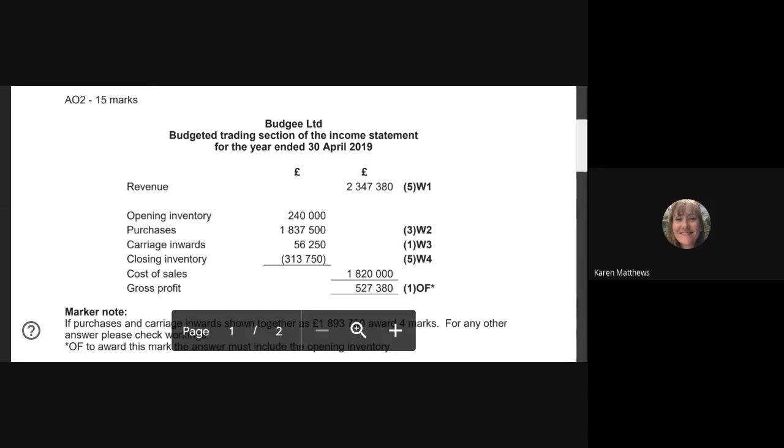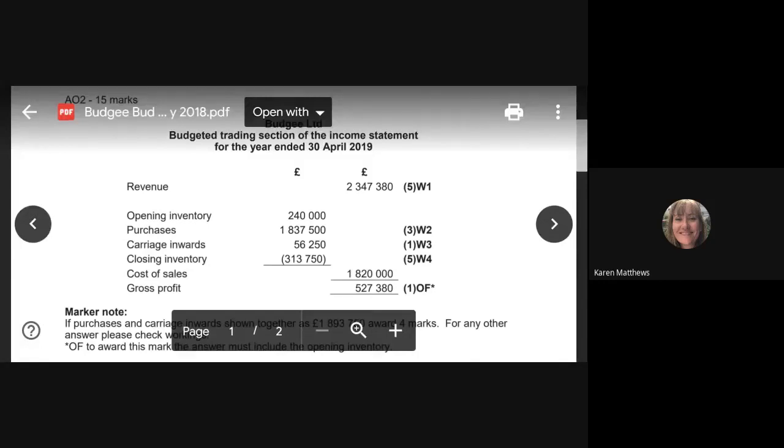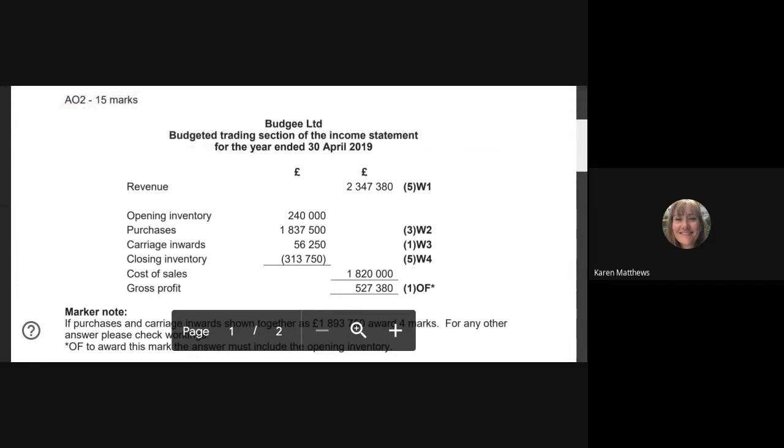And then closing inventory, I went through the calculation. It's on the Google chat thing. Closing inventory based on the 15,000 units that we are going to buy. We're selling 14,490. We're going to be left, we had 2,000 at the start, left with 2,510 units. So 313,750 for the closing inventory. So yeah, all of that added together, 1,820,000 for cost of sales, leaving us with a gross